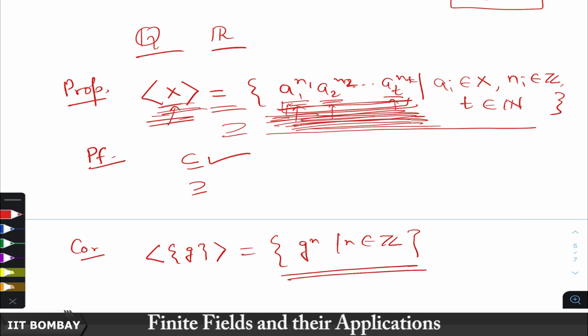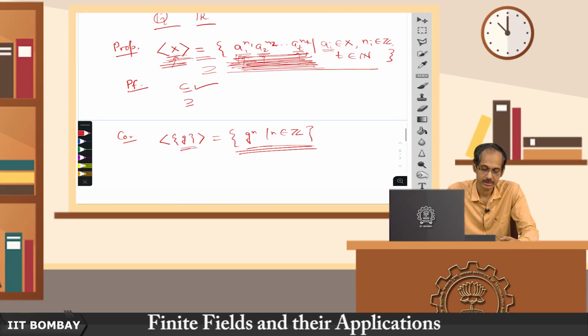It is obvious to see that because this set contains only one element, you can only take t equal to 1 and A_i equal to that G, and you get this subset. So, subgroups of this form are called the subgroup generated by G,